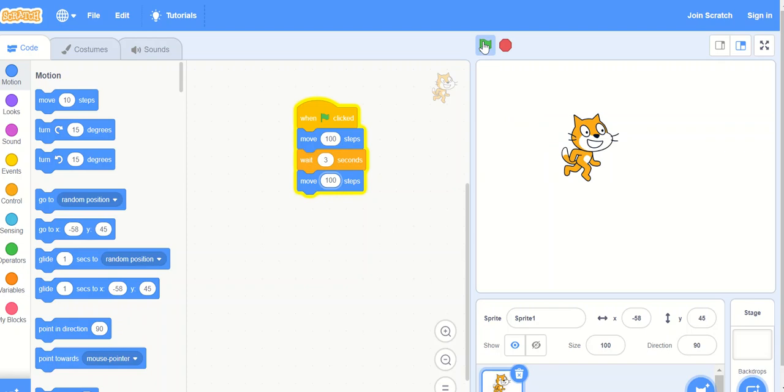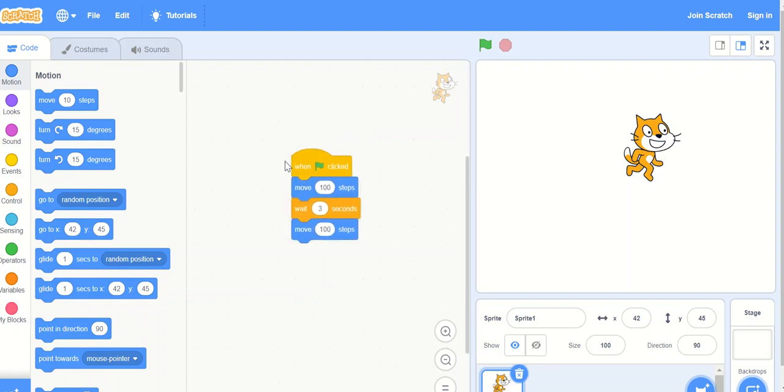It moves, then it is waiting, and then it starts moving again. So this is the program or script. Basically, to make a script, we simply drag the instruction from the instruction area and drop it into the script area. In this way we can make our script or program.